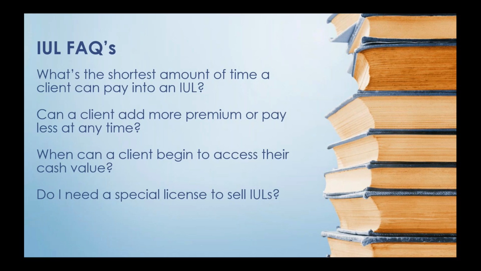What I mean by that, if they're in their 20s, I would start off by suggesting around $200 a month. If they're in their 30s, $300, 40s, $400, and so on. Now, if they don't have that, again, that's not a total deal breaker. But if you've got someone in their mid-40s and they love the idea of an IUL and they may be in great health and non-tobacco and all that stuff, but they only have like $75 or $100 a month to put into it, this might not be the right plan for them.